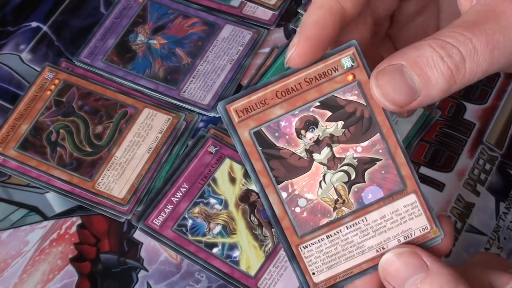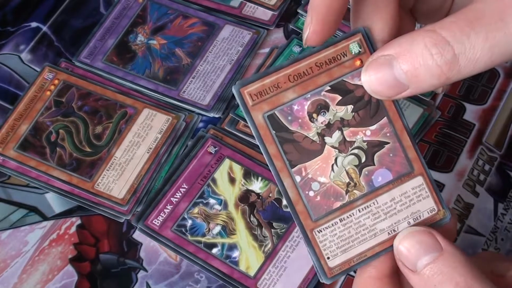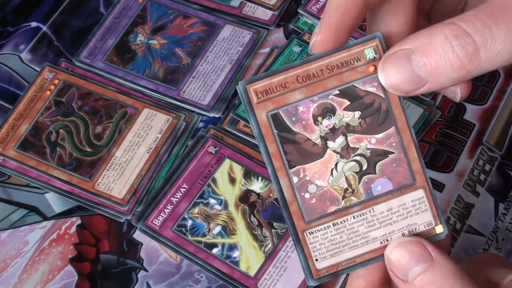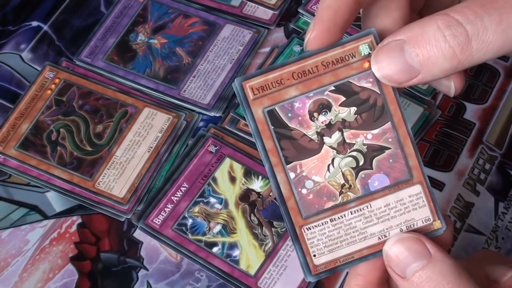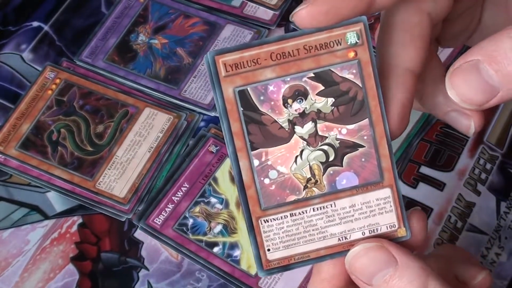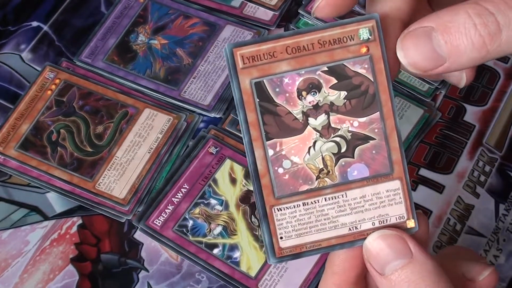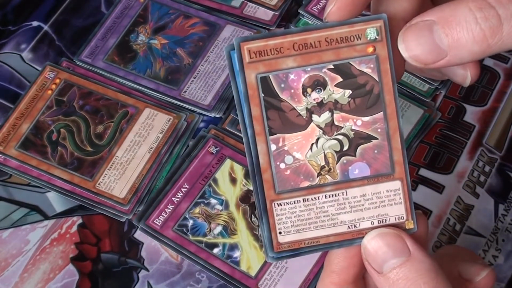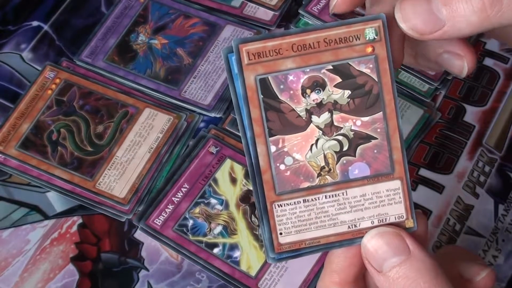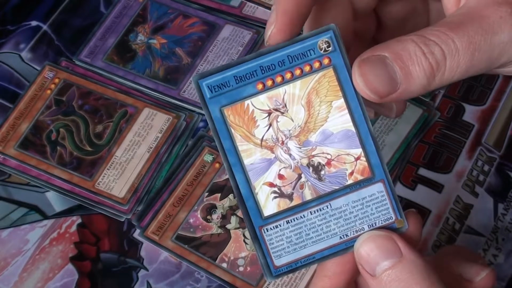Wow, look at that, Lyrilisc Cobalt Sparrow, which is another fantastic card. Good addition for the Lyrilisc archetype, which I'm tempted to build for you guys, and I look forward to hopefully building a few of these different cards and adding some cards into decks that I'd like to showcase to you in the future. We've got another